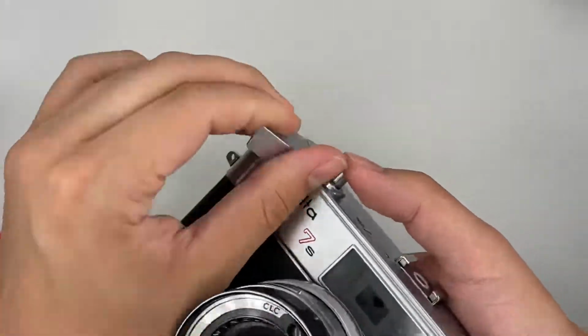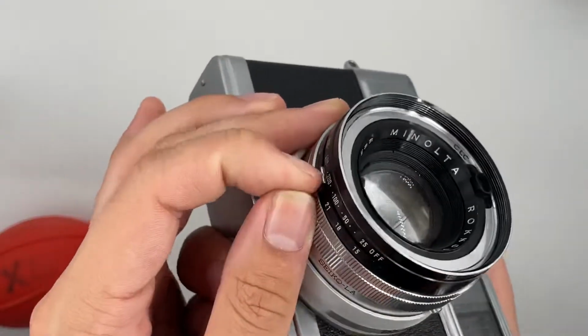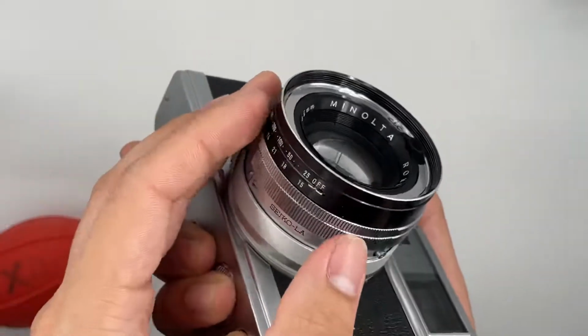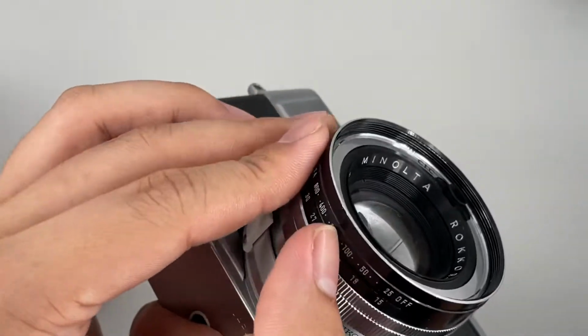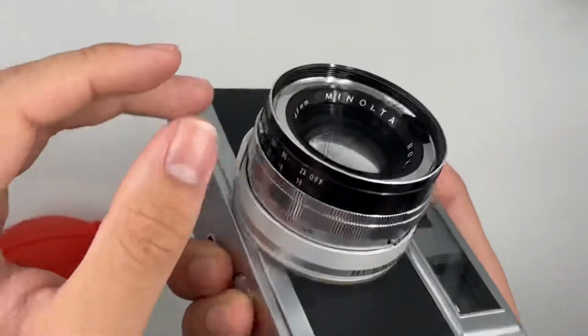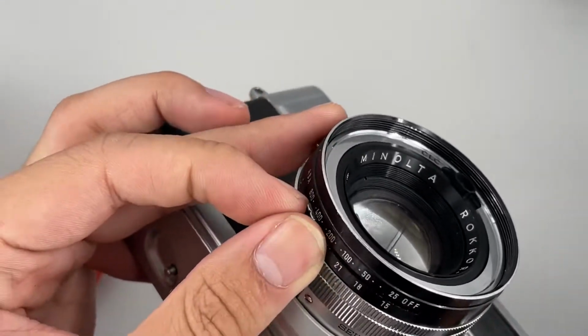Right, so the light meter is still working as well, and there's a light meter right here. So usually you just put it as off when you don't want to use the light meter, and when you want to use the light meter, just set the ISO according to the film you're using. Let's say you're using a 400, just put it as a 400. Okay,